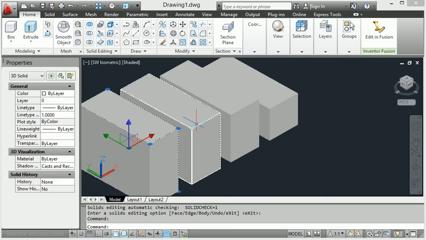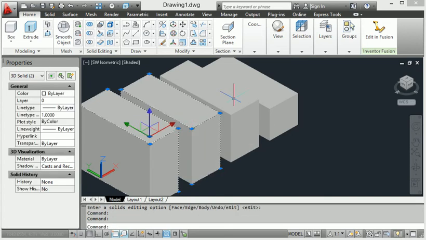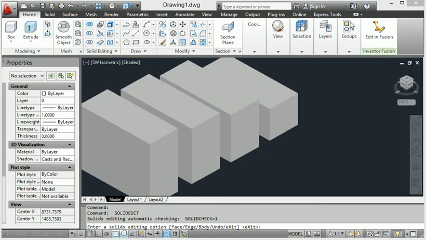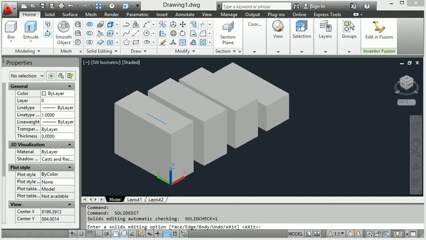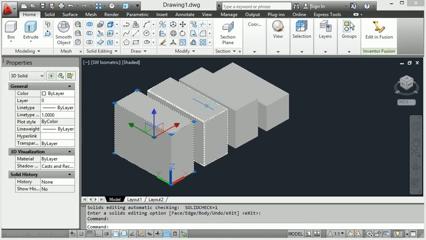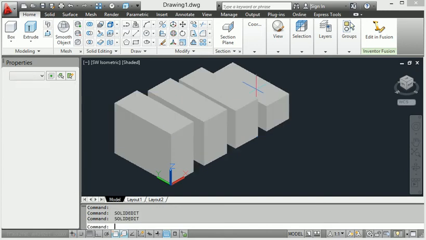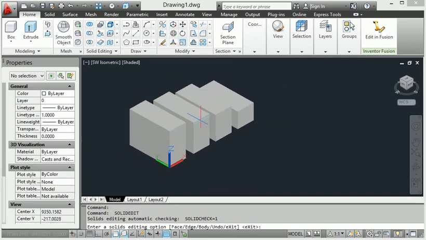Now let's see again the individual selection of every component. It means the whole body has been converted from the separate form. Look at this, right now this is one selection, and also this is one selection, and the same with this one.